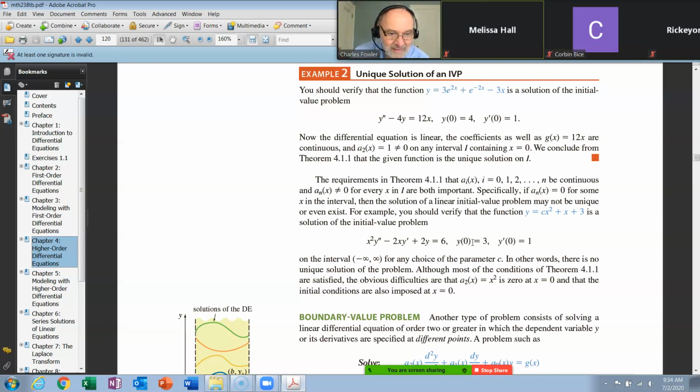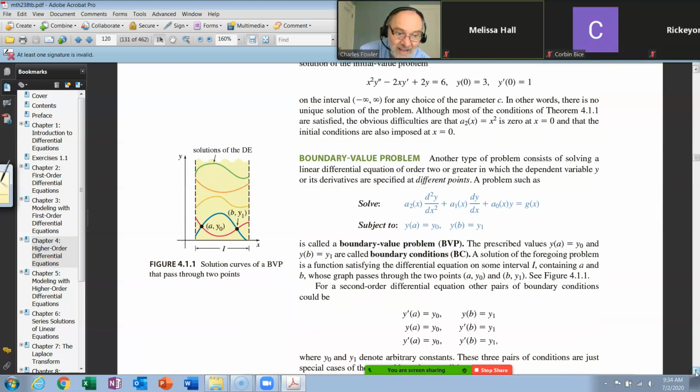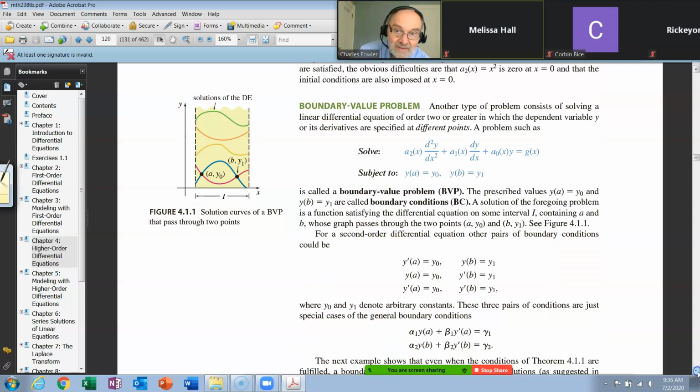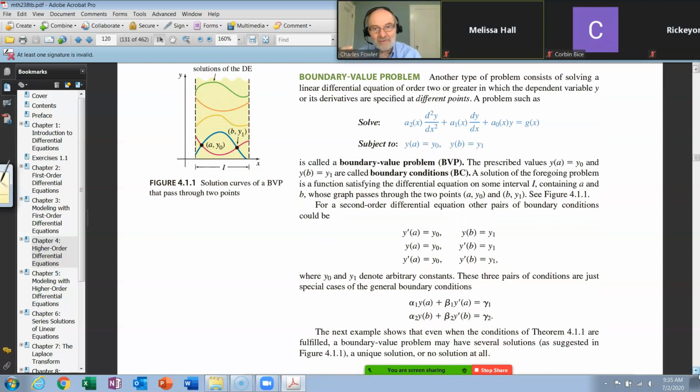All right. Now, something we mentioned before, we're going to mention again here, and this is boundary value problems. So the point of that whole discussion is you got to make sure every condition of that theorem was reached, including that leading coefficient cannot be 0, for any value x in the interval. So now let's deal with the